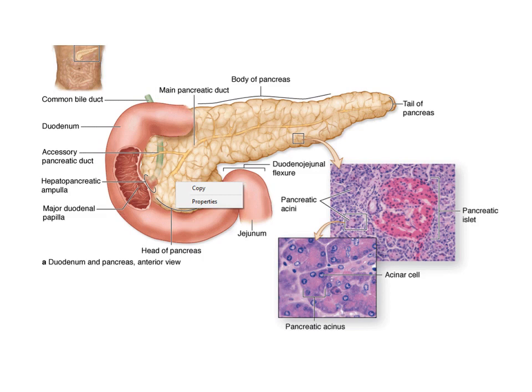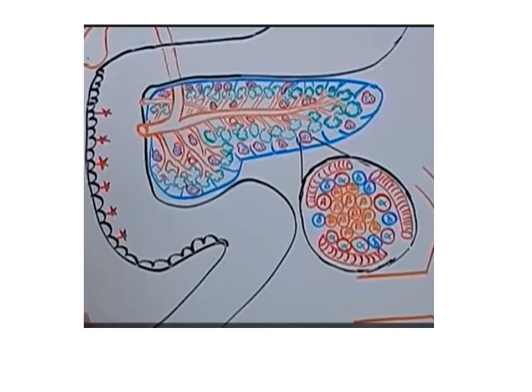These are the islets which are surrounded by the pancreatic acini. Here you can see the pancreatic acini, they resemble the acini of the parotid gland. They secrete serous secretions. So that is why we say you have to know the difference between the parotid and the pancreas. Then the delta cells. They secrete peptides, they are also called PP cells, which control the secretions of alpha and beta cells.